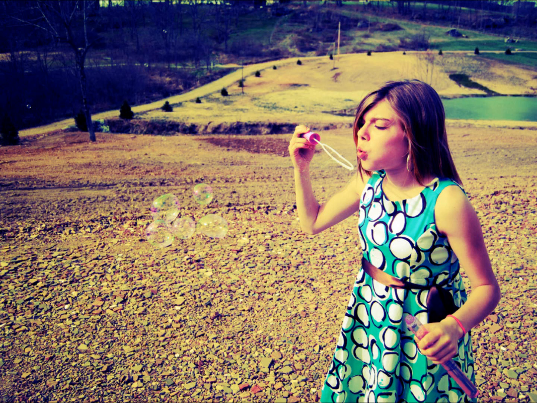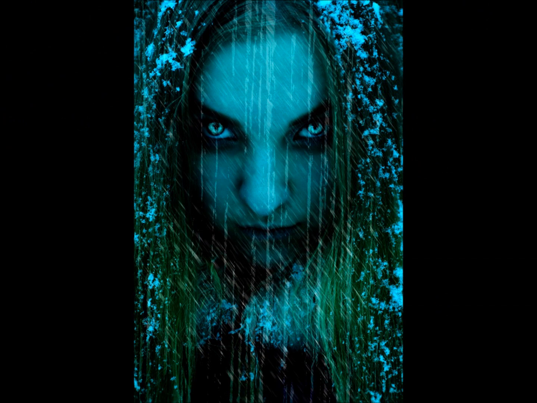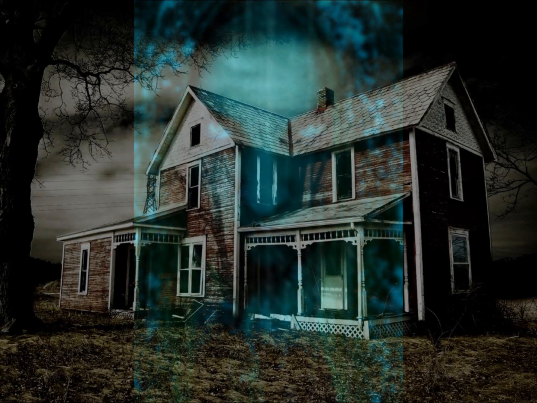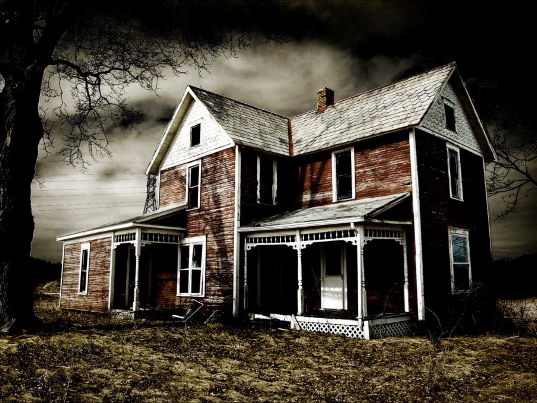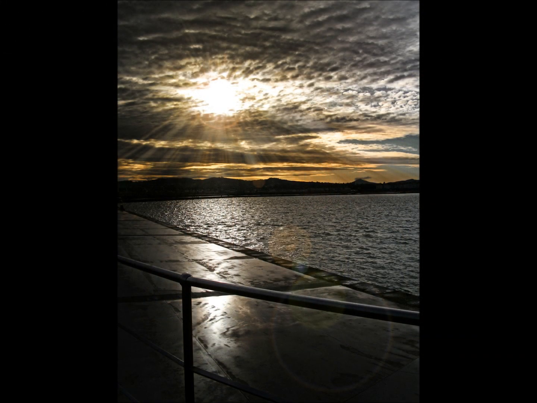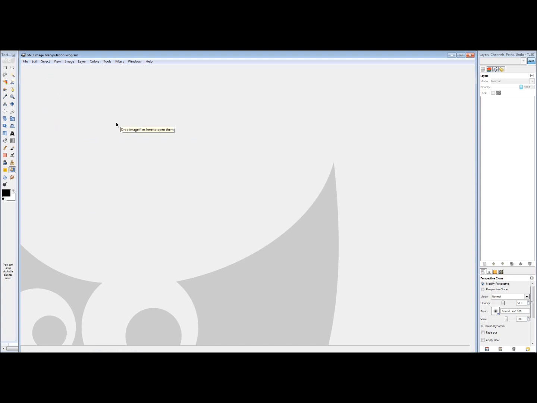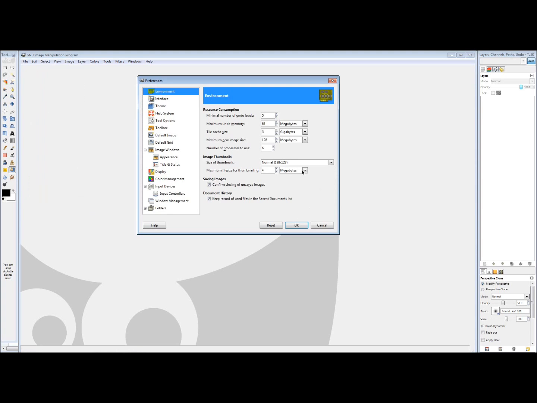The goal of this tutorial is to get you comfortable with the tools in the toolbox, as well as a little more comfortable with all the settings and all of the preferences. I'm also going to teach you how to add extra tools and add extra things such as brushes and gradients to Gimp easily. Okay, so first off, just click on Edit, Preferences, and from there, you're going to see a